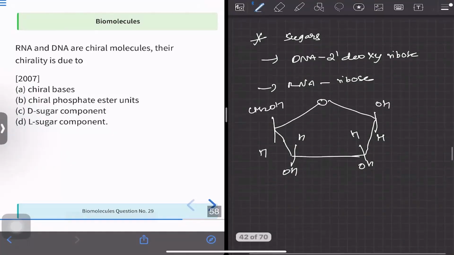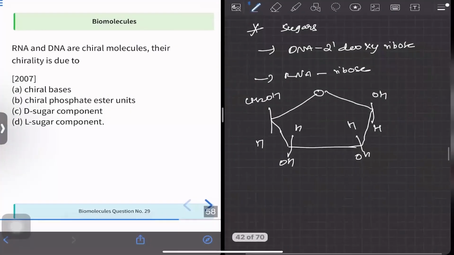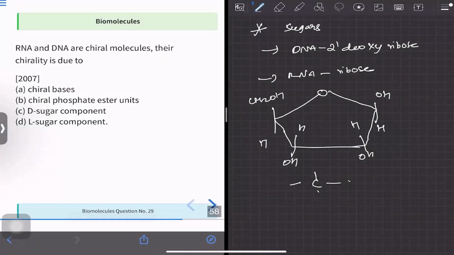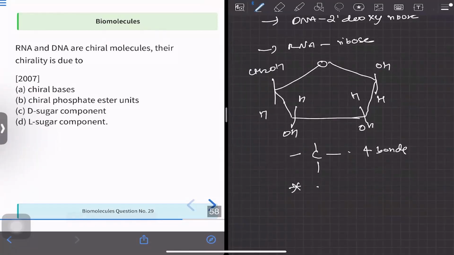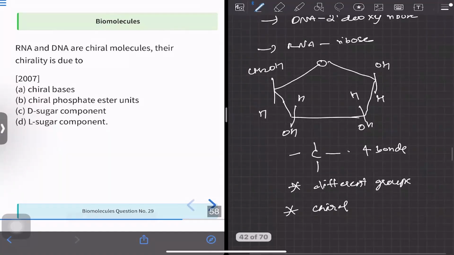What is meant by chirality? Carbon consists of 4 valencies, so it can form 4 bonds. When these bonds are attached to different groups, that is known as a chiral molecule. See, chirality: the first carbon is attached to the oxygen,